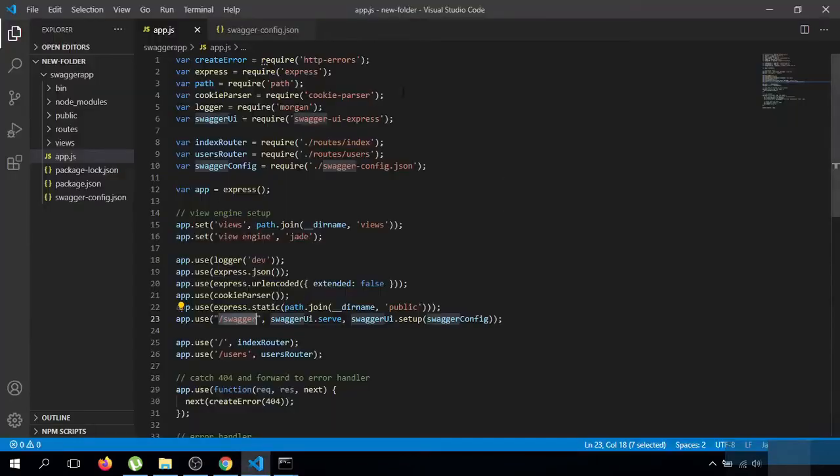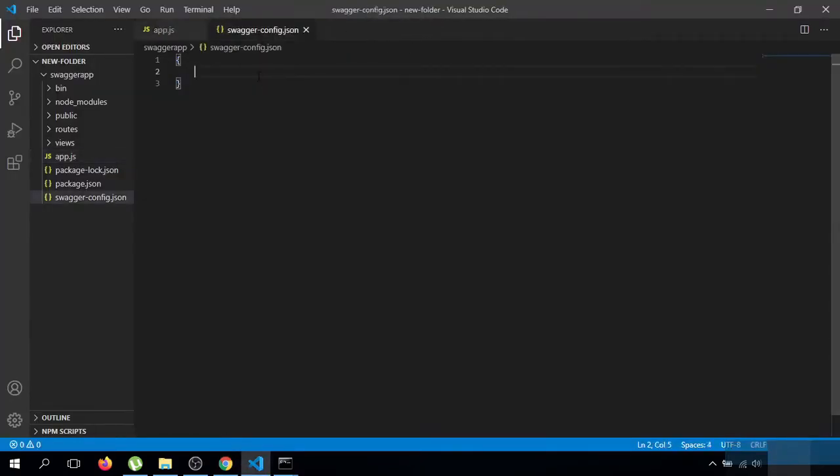Now I will write some more configurations. In Node.js we can write two type of Swagger configuration. One is YAML and second one is JSON. I am taking example of JSON file.